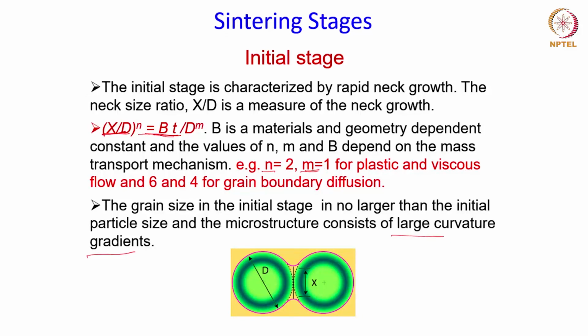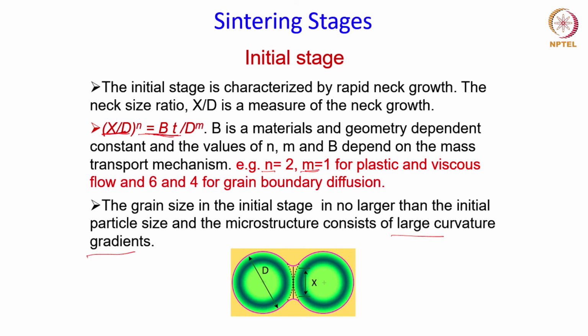Then we started talking about the stages of sintering. The sintering process occurs in 3 stages: the initial stage, the intermediate stage, and the final stage. In this class today we have talked about the initial stage, which is basically characterized by the neck size ratio x by d,